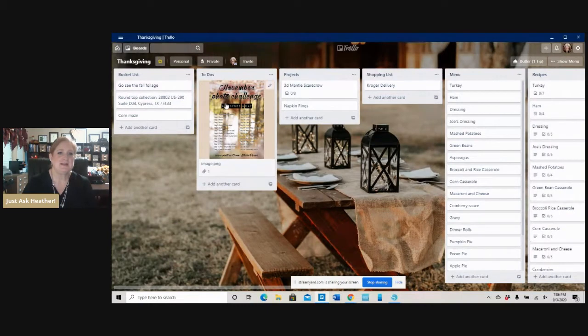This is my to-do list, and I really thought this was a really cool thing. I saw this last year. It's like a photo challenge, and I know you've probably seen those on Facebook and Instagram, and especially on Pinterest. This one's the November photo challenge, and it just challenges you to take a picture a day,